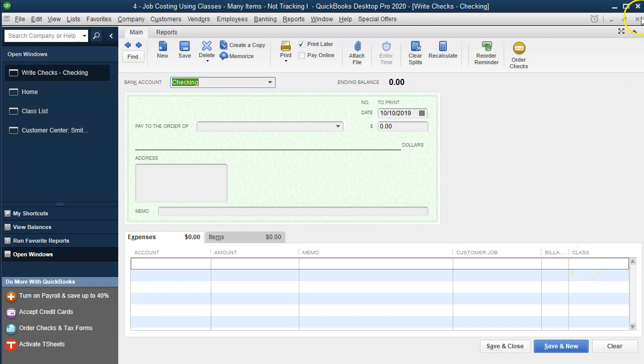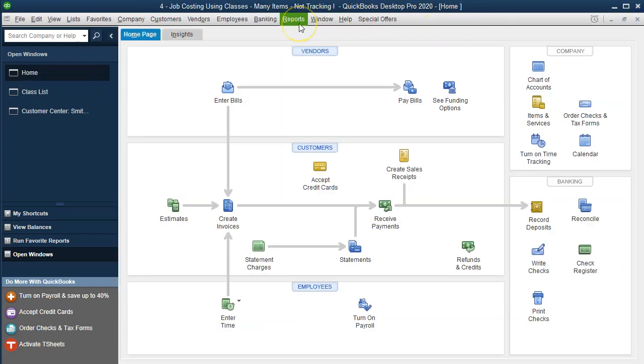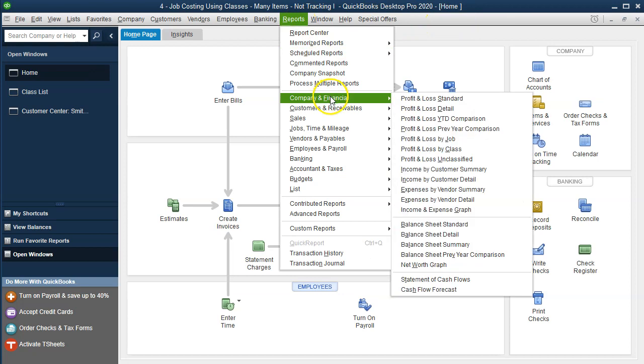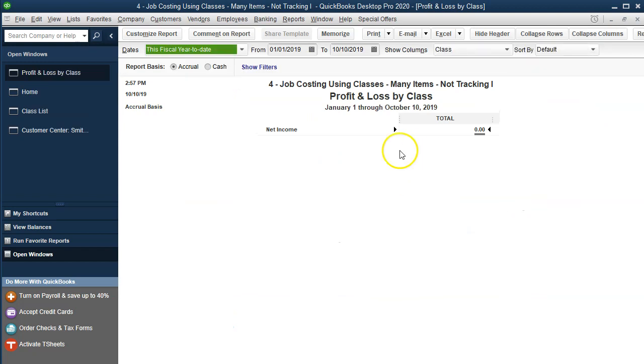And then when we assign the class, what's going to happen is when we run the report, I'm going to go to the reports drop down, company and financial, and we're going to go to the profit and loss by class. It'll break out the revenue and expenses by the classes here, and we'll have a bunch of columns and then a total column. So we'll have the profit and loss that's basically broken out by the classes in this format. And our goal then is to be able to adjust these classes just as we did before, so that we can reconcile it to the job cost sheets, which are going to be by class, to what it should be on basically a completed contract or an accrual basis and whatnot,